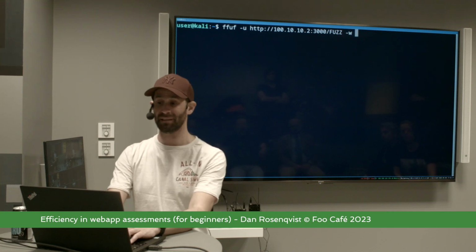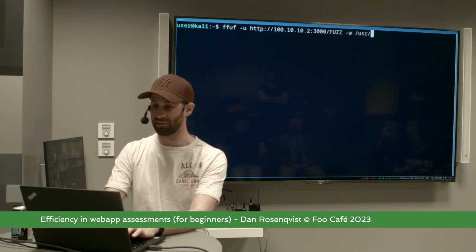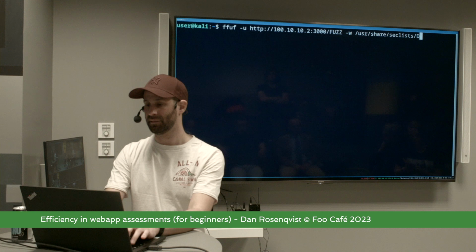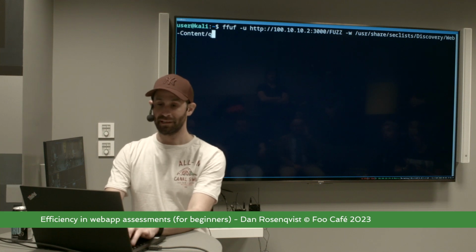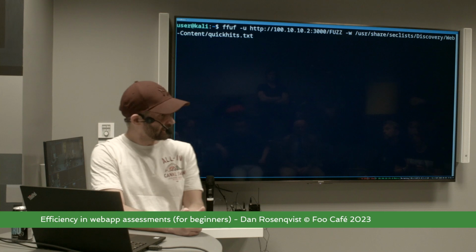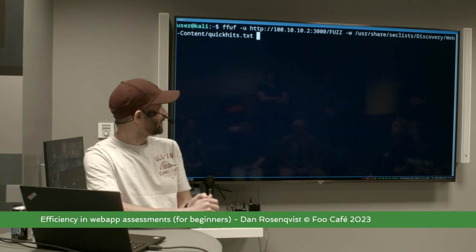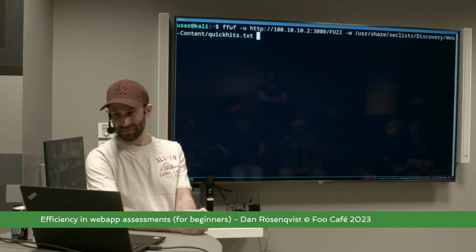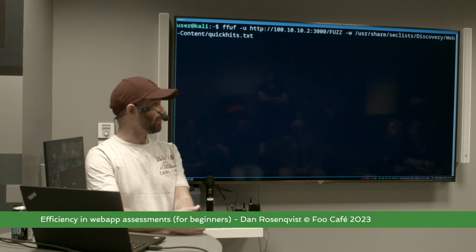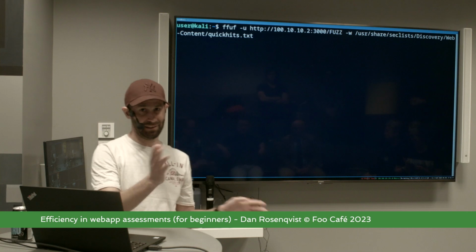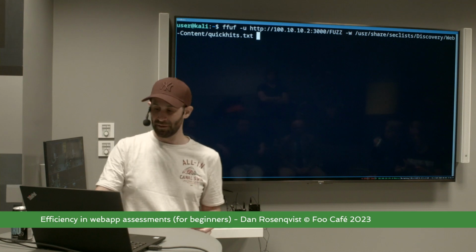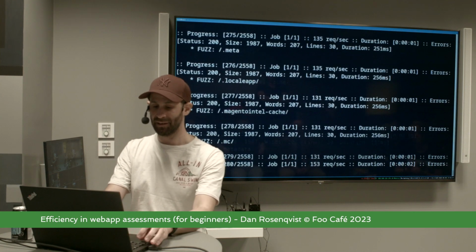So this is the default one. So let's I always go for SecLists, like for default. It's an open source list of security related word lists, and they have this discover content. I always go for quick hits first because that's a list that comprises of the entire path to certain vulnerable endpoints. So let's just, okay, I need to